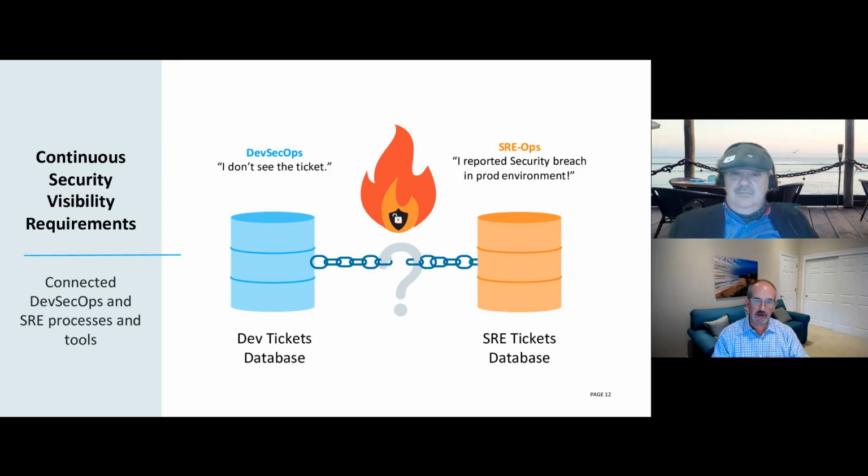Yeah. And so then you connect them, and this is a perfect example. You have the same benefits that you get from tying tickets together to understand defects and issues, to the security capabilities that are warning about breaches. This one is really near and dear to my heart. In general, you want your production side tools and dev side tools to be consistent enough that you can communicate information with each other in a way that makes sense with the tools that you're using in production and in dev. But this particular example is, as a summer student, which admittedly was a long time ago,